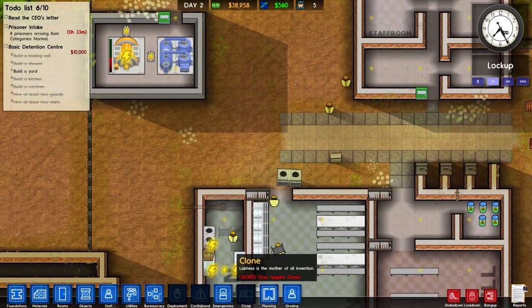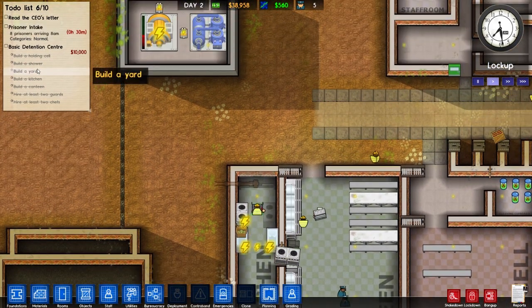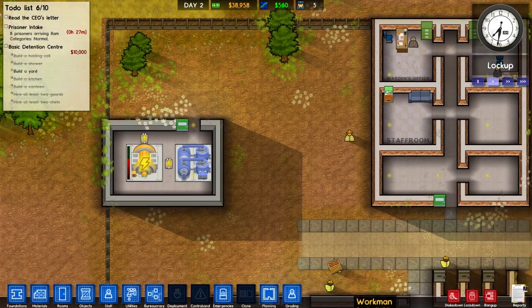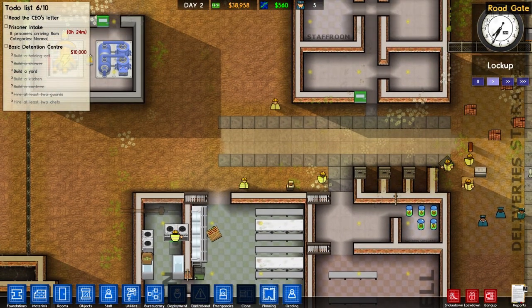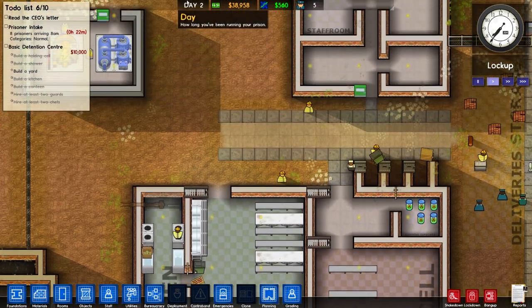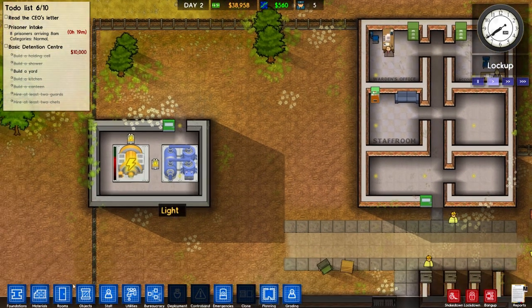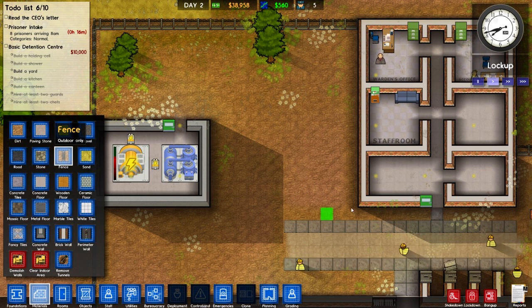We need an exercise area for the prisoners to go to as part of our detention center grant. So we have to designate a place that is going to be used by prisoners to essentially stretch their legs and move around some. Now I can see here that I kind of have a natural space already lined up. And so I'm just going to fence off